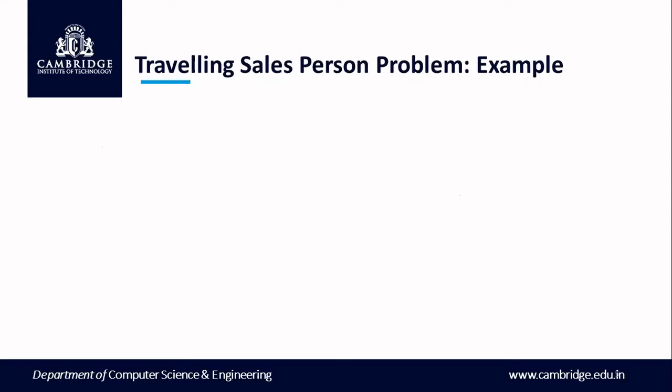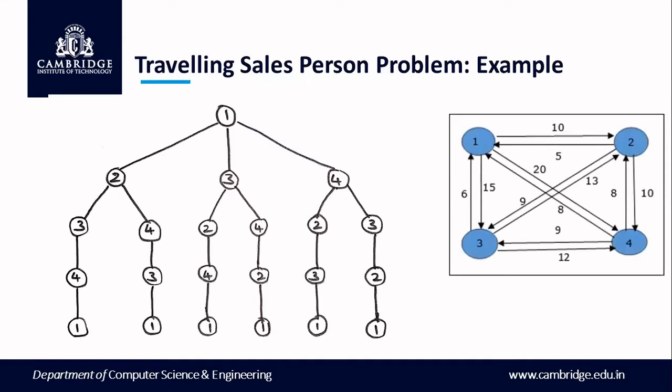If we look at the similar kind of problem in the form of graphical representation, if we start with vertex 1, reach 2, 2 to 3. So if we start with vertex 1, it has 3 options. Therefore there will be 3 subtrees. And if you choose any one of the trees, like either vertex 2 or 3 or 4, then once again from vertex 2, there are 2 options. Vertex 3, there are 2 options. Vertex 4, there are 2 options. And similarly, from vertex 3,